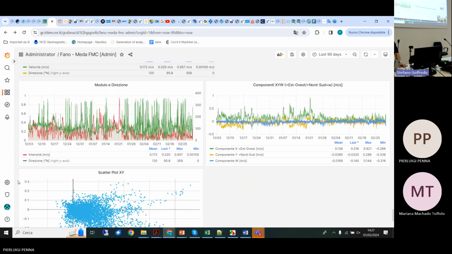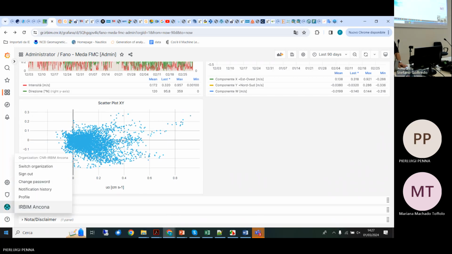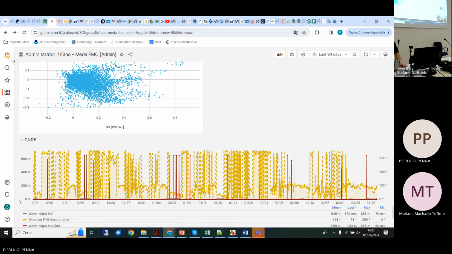Some calculation of the vector, of the velocity, and just to close. So we have some spike, but there is the wave height and direction, the red